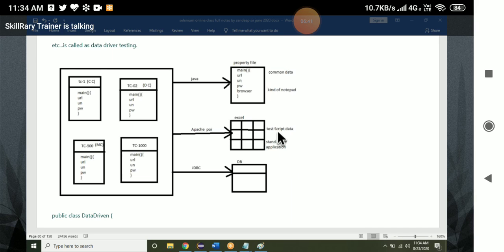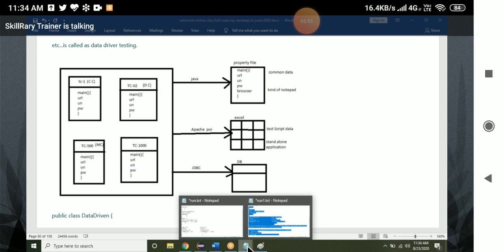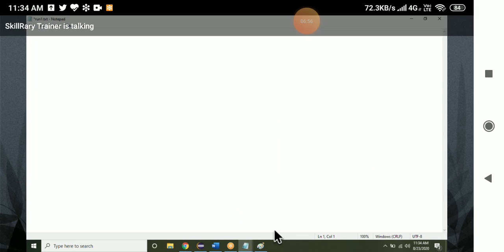Like, I need to create a customer with HDFC_001. The customer name is HDFC_001. This is test script data, and we're going to keep it in one place. HDFC_001 is used only in one test case. What is the name of the test case? Something called create customer. And SBI_007 is used in modify customer. These are the test script data.